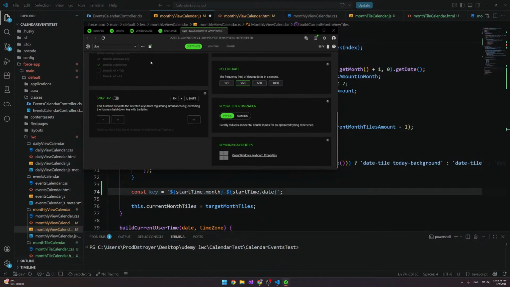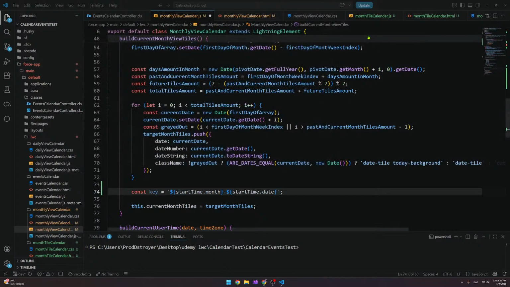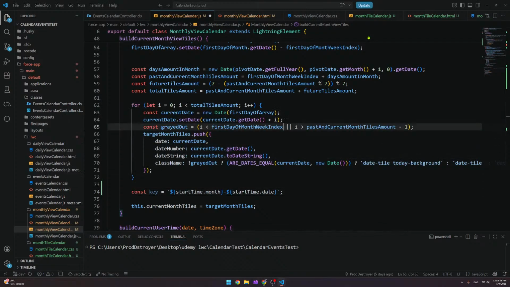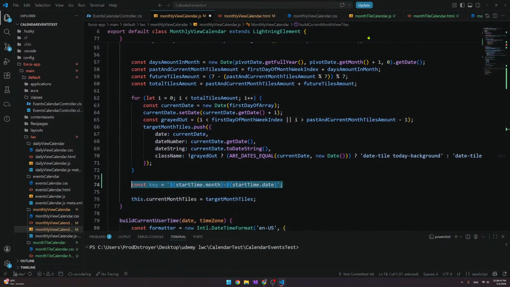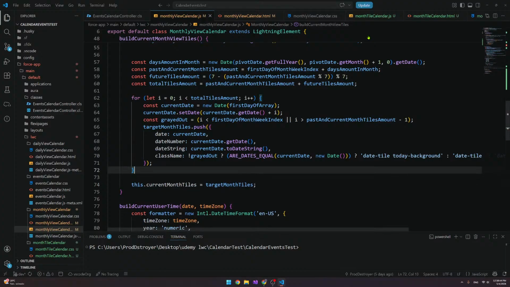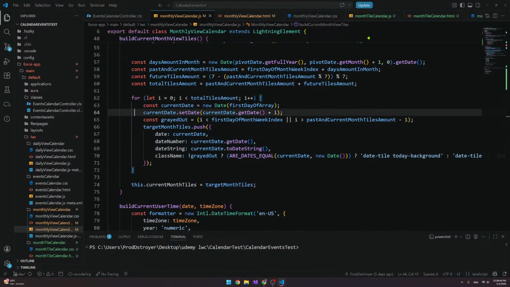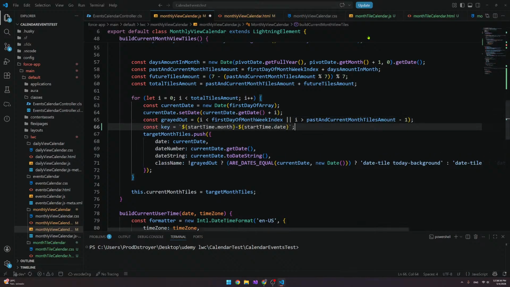I'm sorry for these green, blue, whatever. No. Oh man, this is so sad. Const key for each one of the current month view tiles. This is just going to be your key. Of course, we need to put it here. Grayed out. And const key